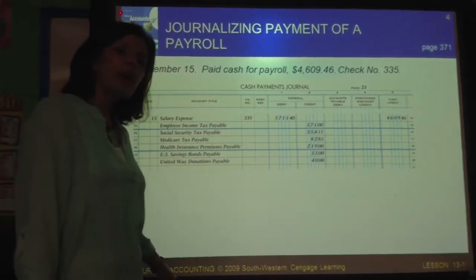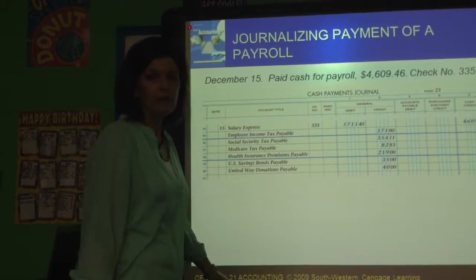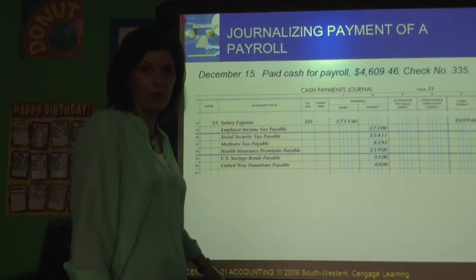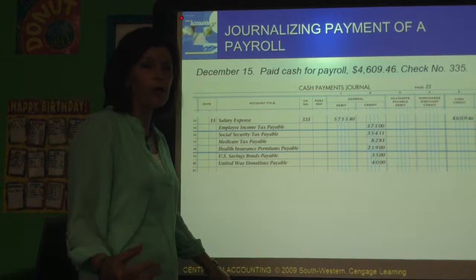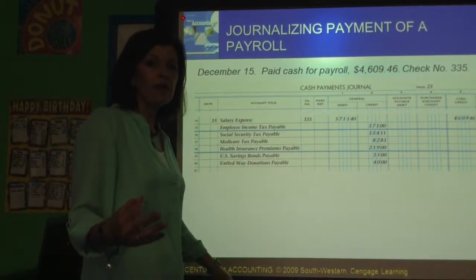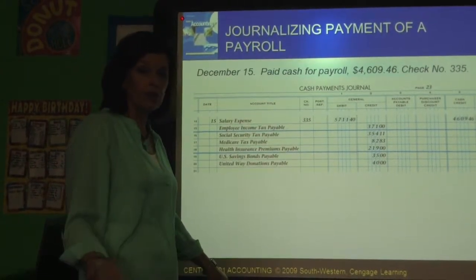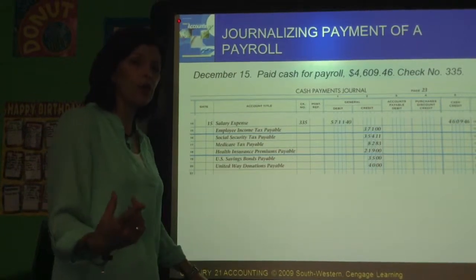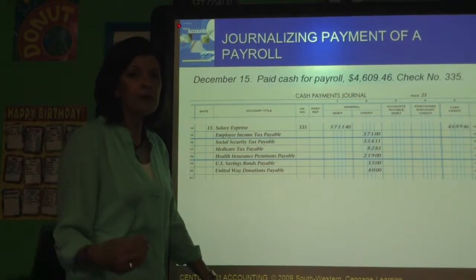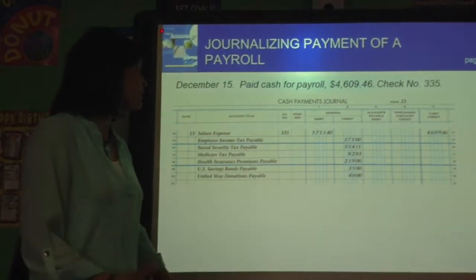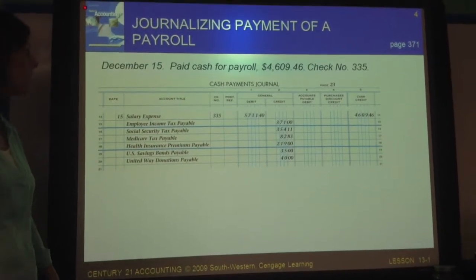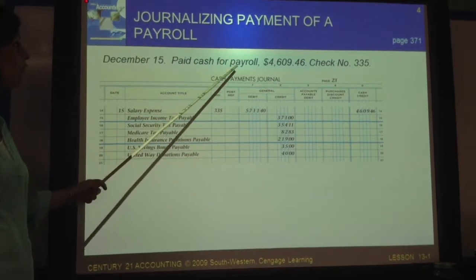All right, we are in Chapter 13, and we have been talking about how we're going to journalize payroll. And it can be difficult, so I'm going to go back over the 3 entries that are required to be able to journalize payroll. The very first one that we learned was when it comes time to pay all of your employees. So the transaction would read something like paid cash for payroll,